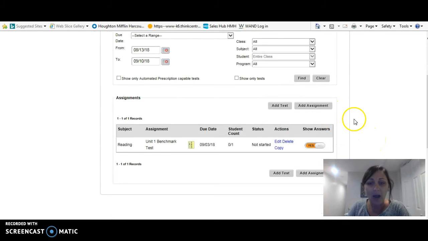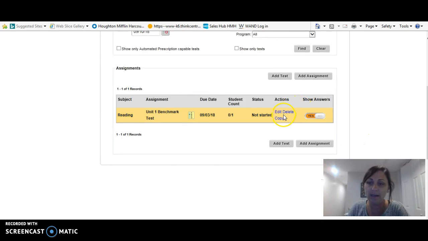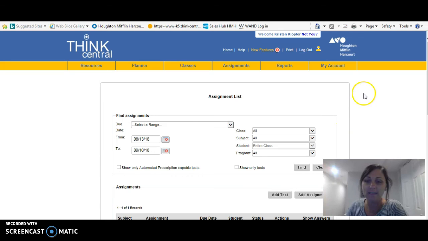All right, and so now we can see our assignment listed below. We see the due date of when we want our students to take it. This number is kind of cool. If you're going in and checking if your kids have taken it, it'll show you how many have been assigned it and have completed it. All right. You can go through and edit it at any time also, show answers. You can check all of that. So it's kind of nice that you can go back and change things if you need to. Okay, so